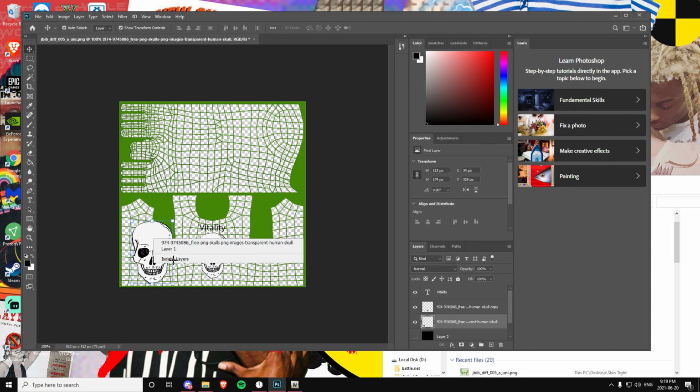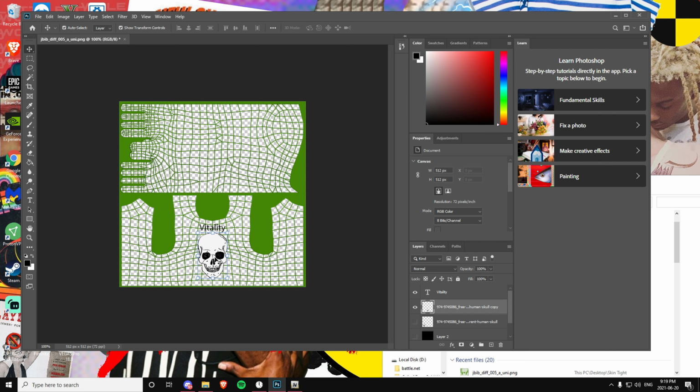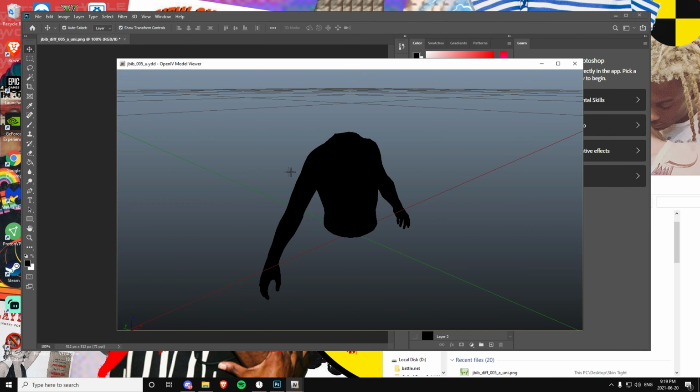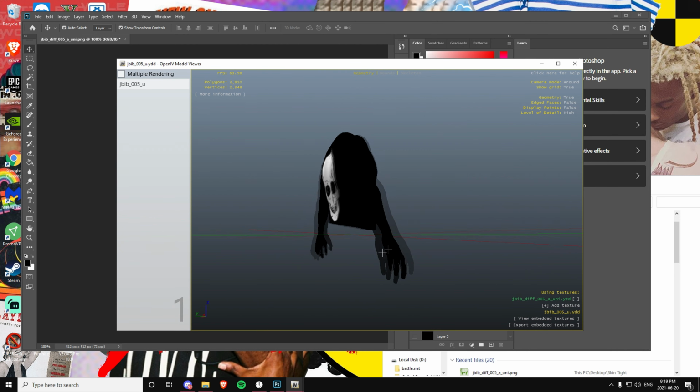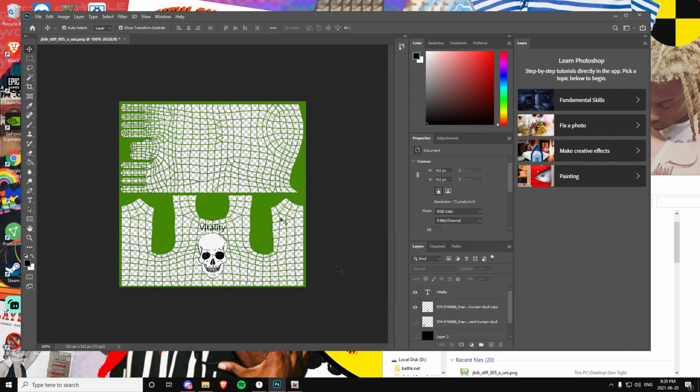Let's just say I'm gonna take it off since I already showed you guys what it looks like on the back. So now this is the front, what it's gonna look like. Let's say you wanna put the, you see the hands right here. If you want them, let's say you want them red, you would go on your paint tool, go to red, and then make sure you press on